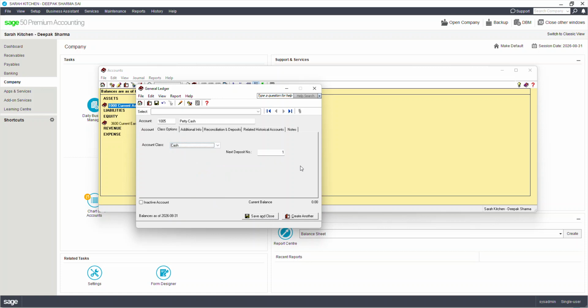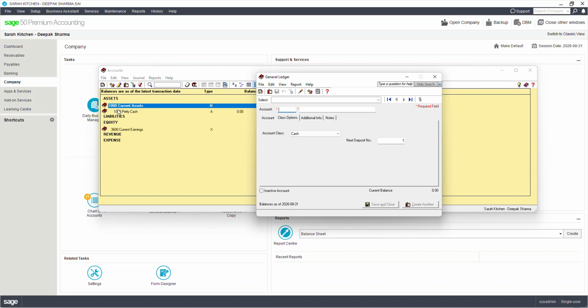We don't need to worry about the deposit number, so that's fine. We don't have to worry about anything else. What we can do is save and close, or create another. Create another takes you to the next account, and in the back you see that it's added right here. Then here we'll do another one, that's 1010